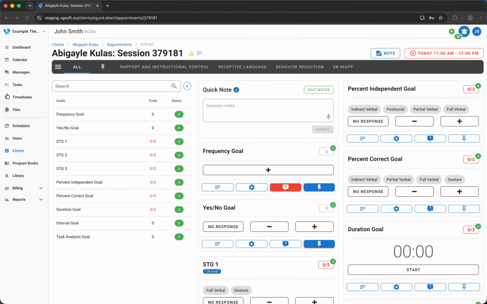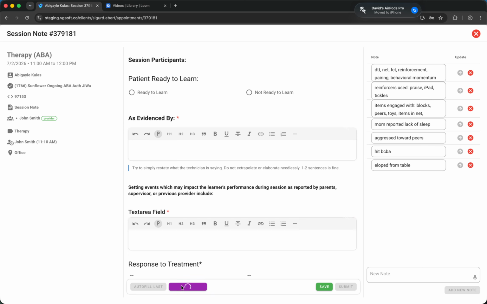At the end of your session, you finish your documentation, and VGPM makes this quick. As you run the session, you jot short fragments in the quick notes box, what you worked on, reinforcers used, anything the parent reported. When you're done, you generate the AI summary, and it turns those fragments into a clean